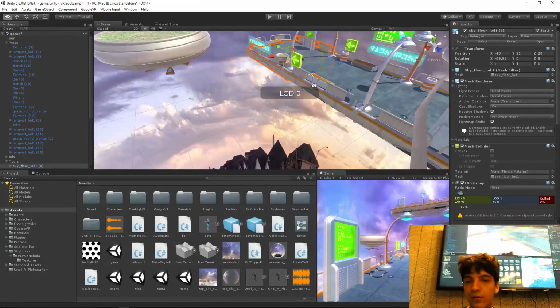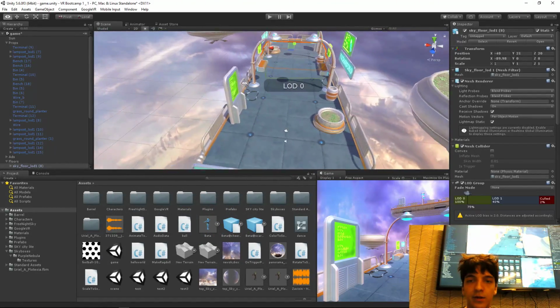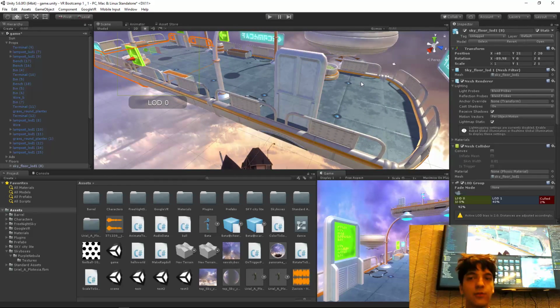So basically what we're going to do with this scene is arrange it from start to finish. We're going to have a visible starting point to our game, and we're going to level design it to an end, basically. So we're going to take our character through some journey. Maybe there will be some narration at some point. We're going to cover that next weekend, but what we're doing today is just laying out